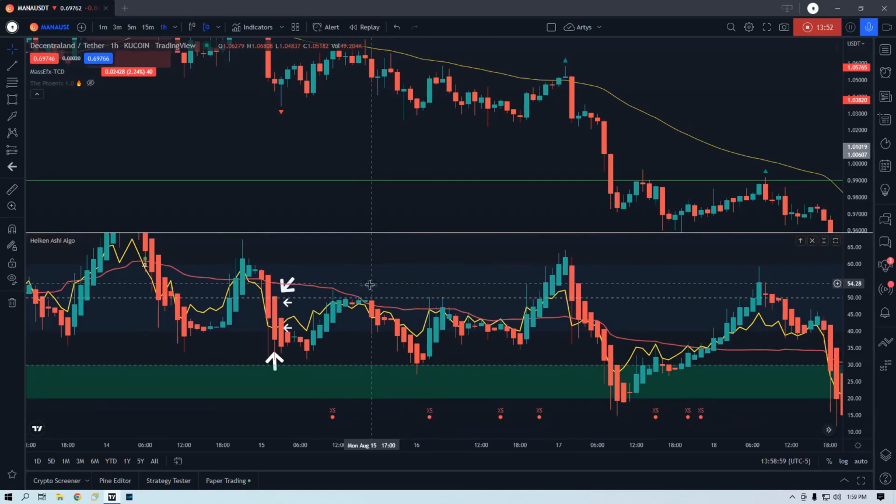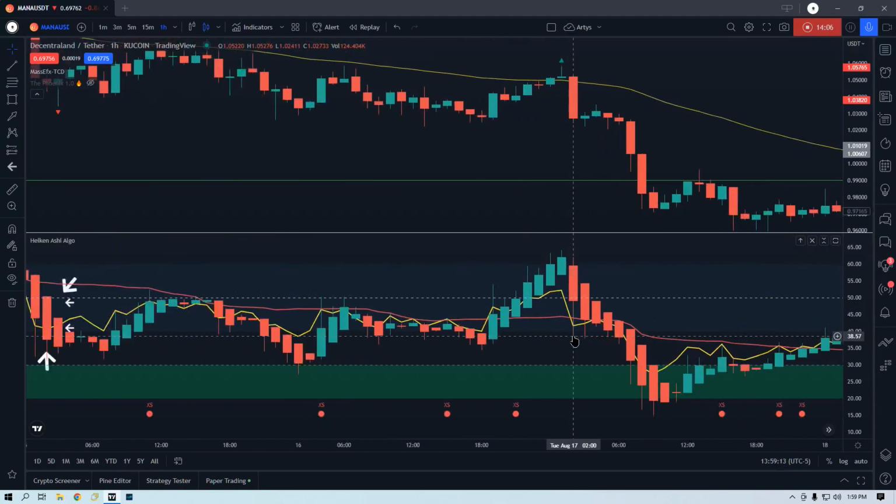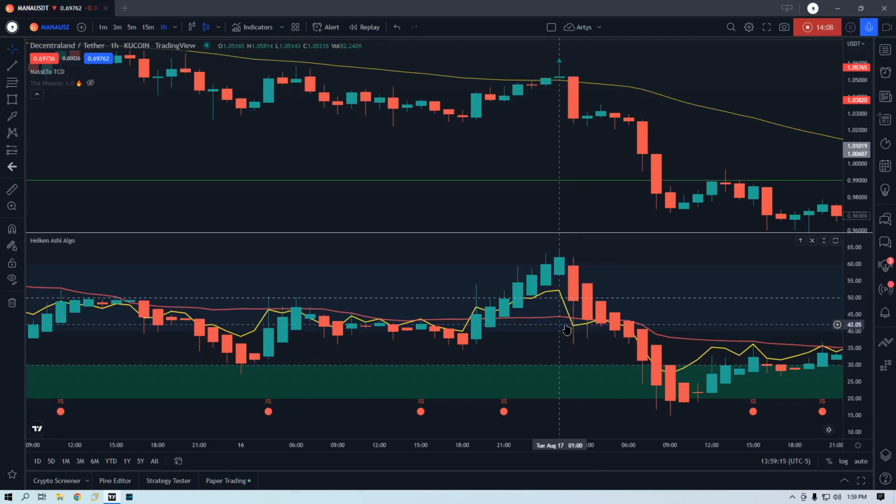So here the RSI crosses the moving average to the downside, but the Heiken Ashi is still below the RSI. This is your entry. Personally, what I look for is a majority of the candle to be across the RSI or across the moving average. For me, this is the entry I'm looking for. So I end up taking a short position here,